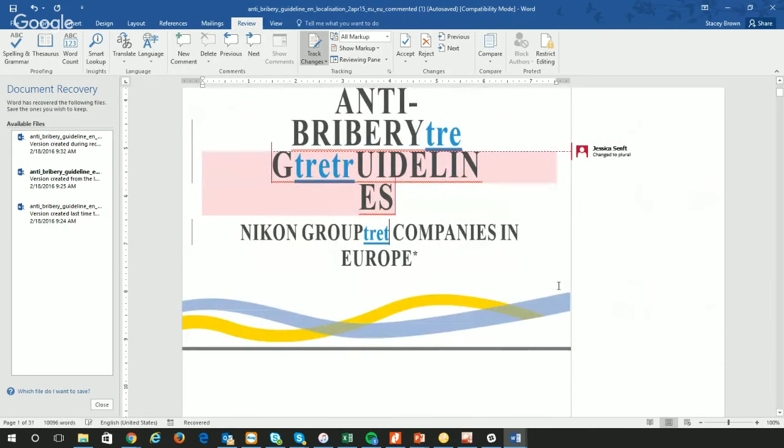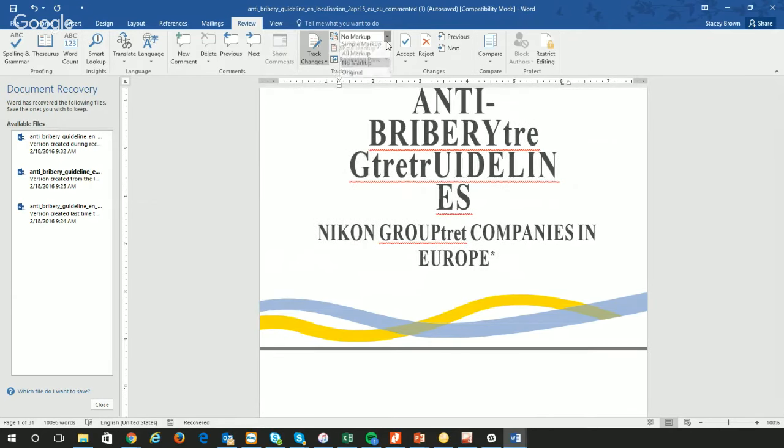And this is really cool, especially if you have more than one person working on the document, because you can kind of see who did what. You know, here's a proofreader and here's what I did, and then we can kind of come together. And so I like all markup a lot. Simple markup is nice when you're just kind of working through and you don't want the codes to get in your way. Sometimes when I'm doing the first run of proofreading, I might have no markup going on.